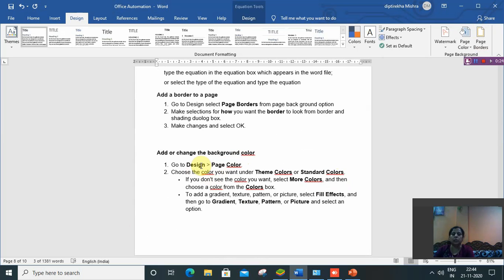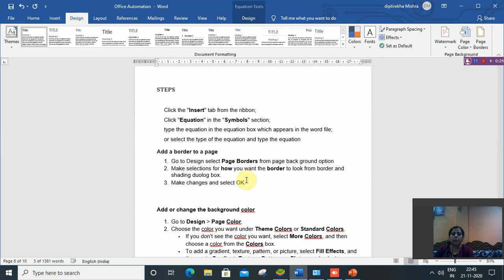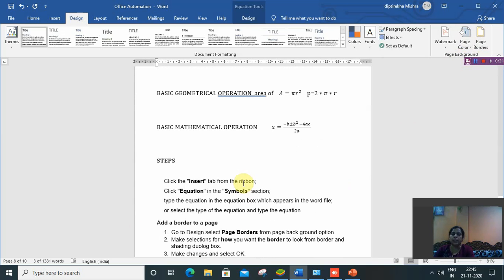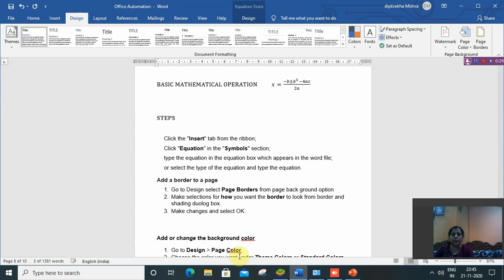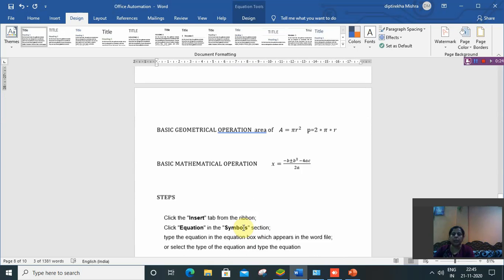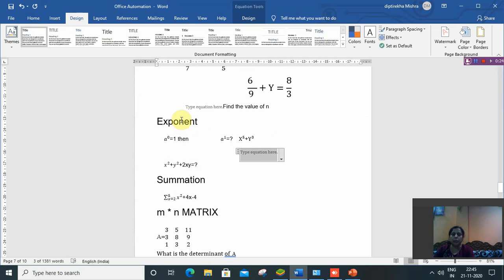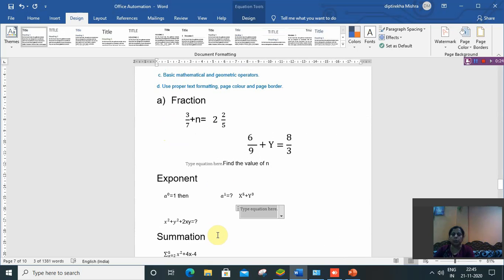Background color is also in the design tab, then page color in the page background group. So you have to write the steps of the second assignment. First write the question, then write the steps, and on the white page you have to write the output, how it looks.